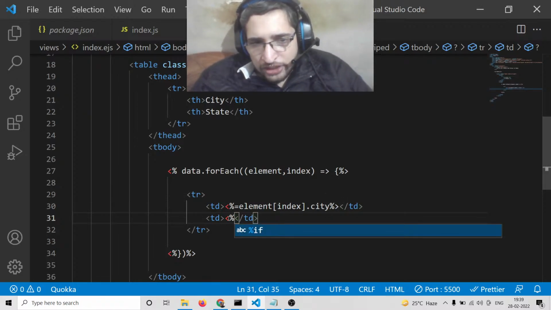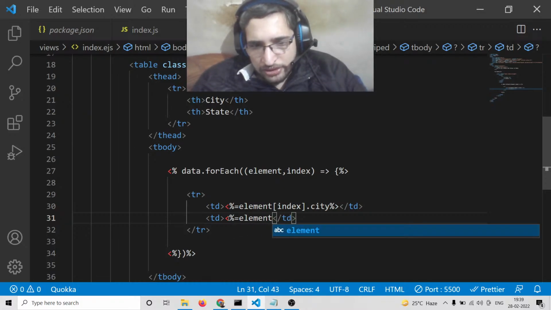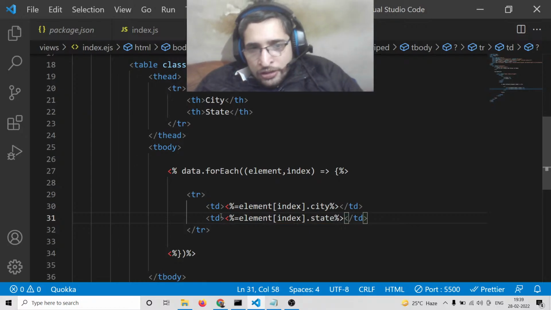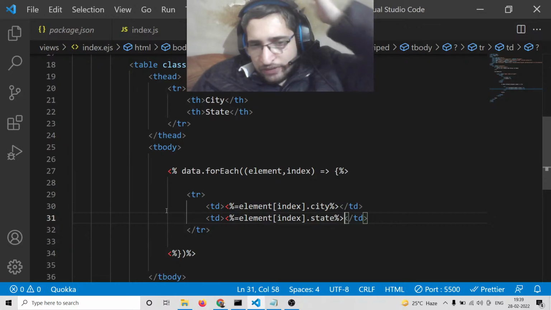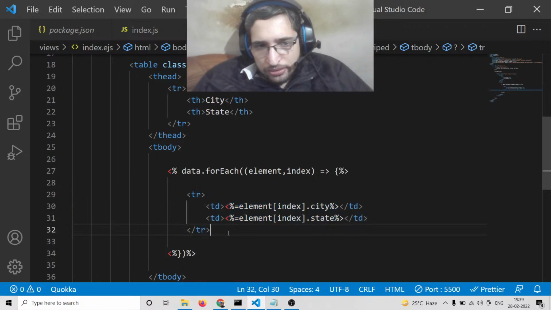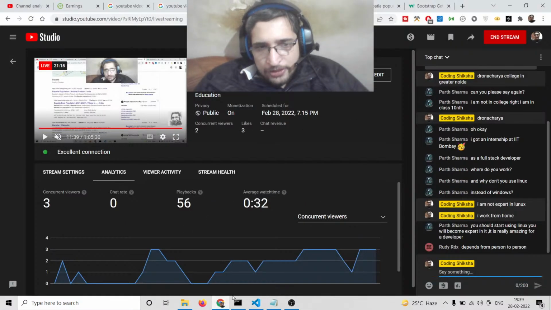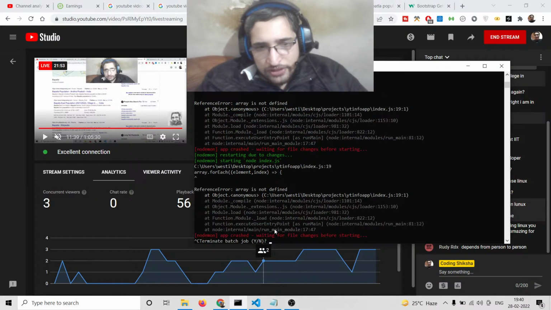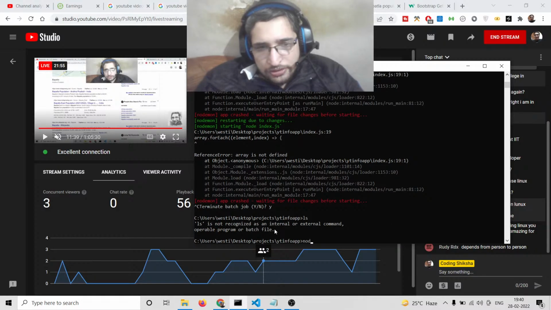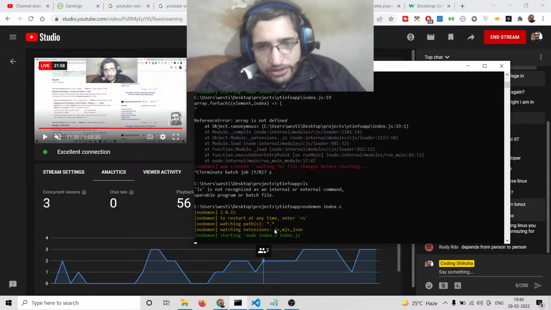And for displaying the variable we also need to write this equal to sign, element index dot state. So now it will iterate over the whole array, and it will display the city name and state name in each table row. Now let me just restart the application and see if the result is displaying or not. So if I launch the application here,